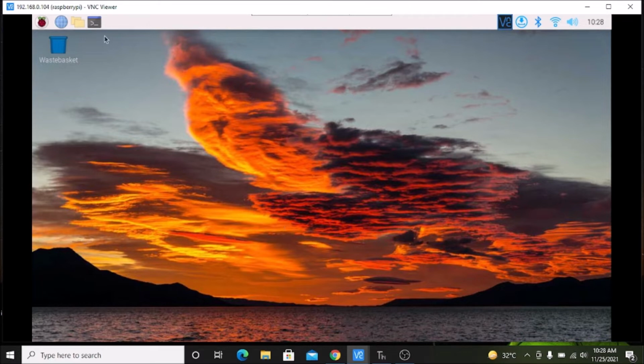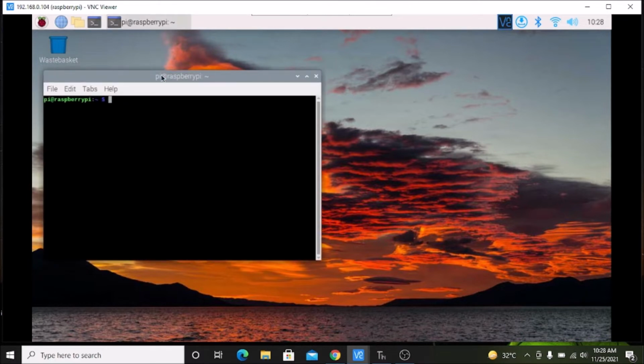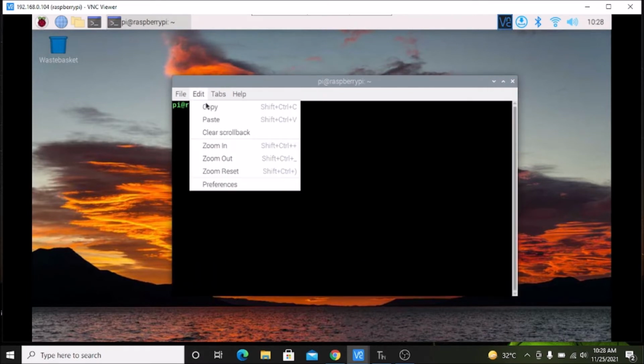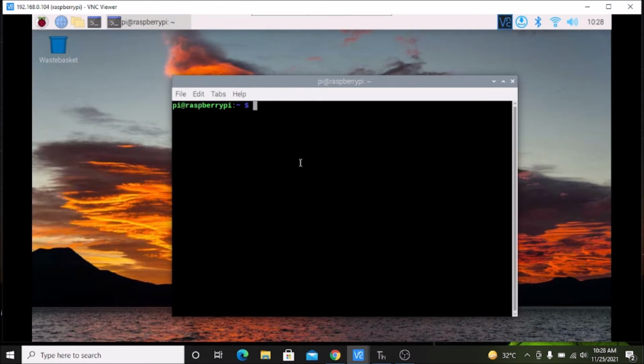First you need to simply open the terminal, and I'm going to zoom in here for better clarity. This is the latest Raspbian OS on a Raspberry Pi 4 with 4GB RAM. Remember one thing, the packages we need for controlling the GPIO pins over the network are GPIO 0 and Pi GPIO. These packages are already installed on Raspbian OS Bullseye, so there is no need to install them. We need to simply enable the remote GPIO service on the Raspbian OS Bullseye.